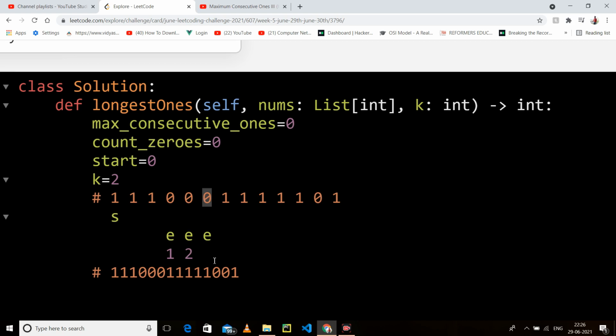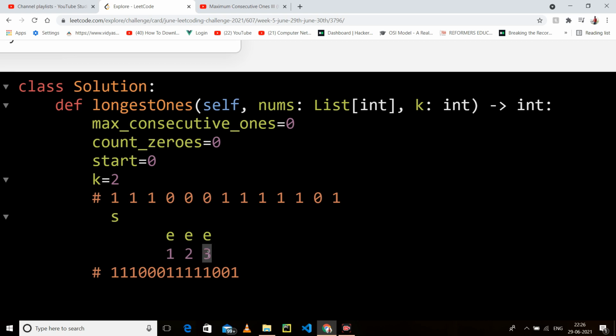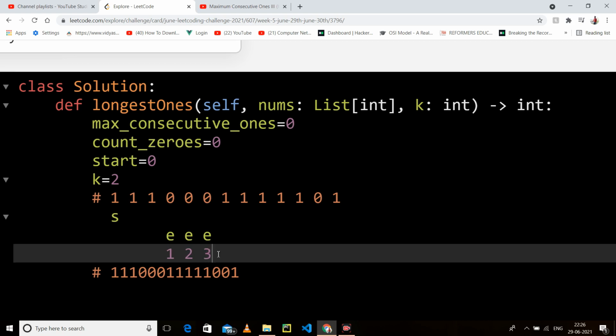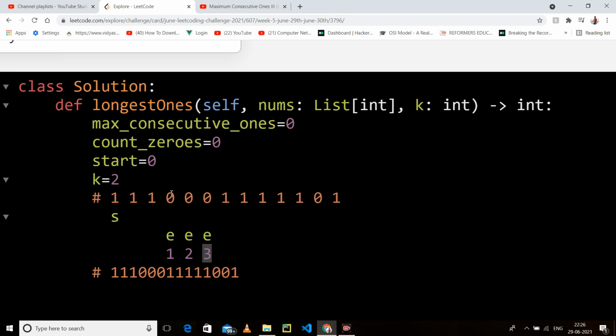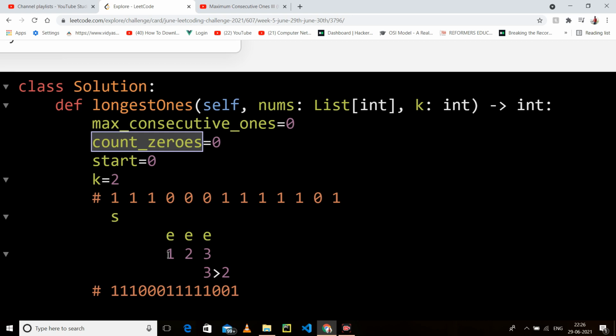As I come here, I will increase my count of zeros to 3. But here we will check a condition: whether our count of zeros is greater than k or not. Here 3 is greater than 2.